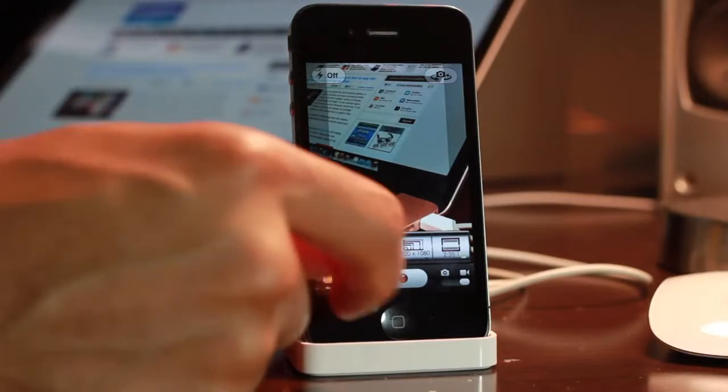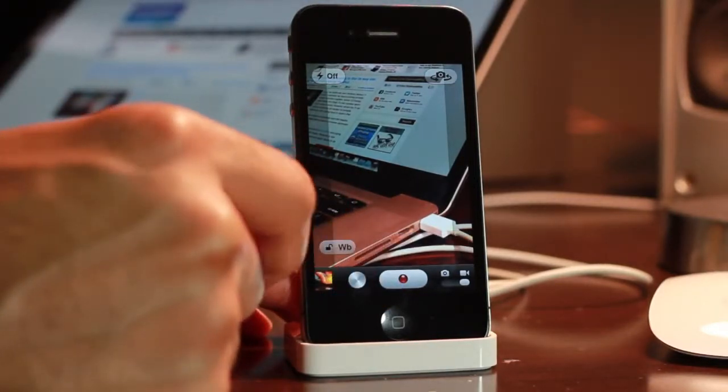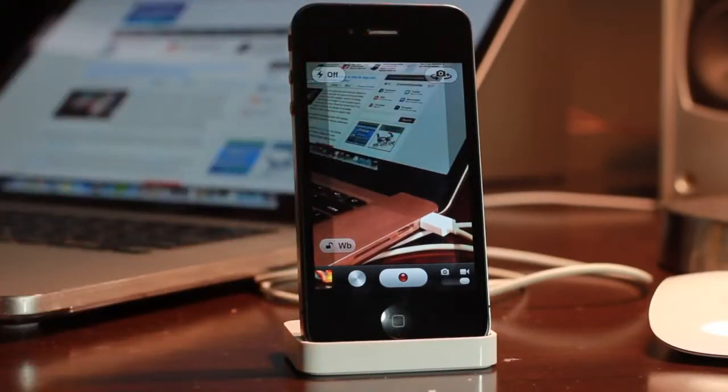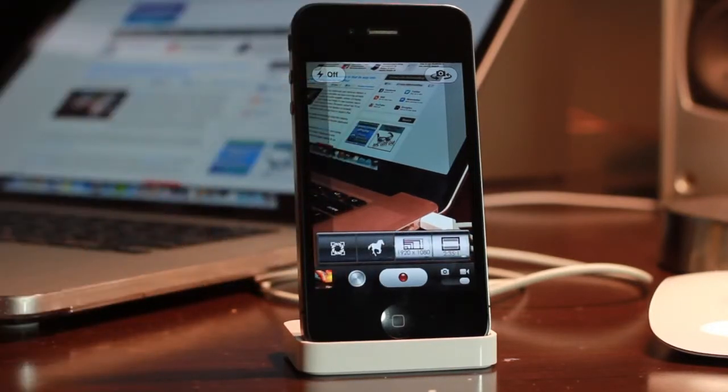So really cool jailbreak tweak here is CameraTweak. It adds so many new features to the stock camera app. Really is for advanced photographers, especially the advanced mode I like, where you can choose to separate the exposure and focus modes. Really like this tweak. It's available for $1 on